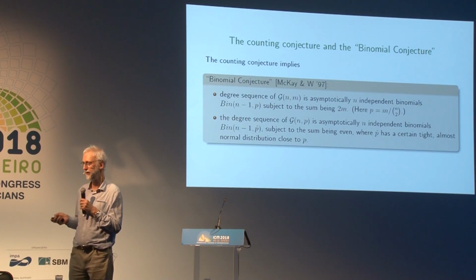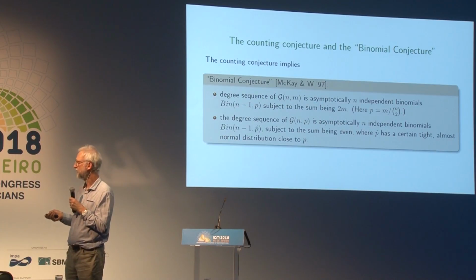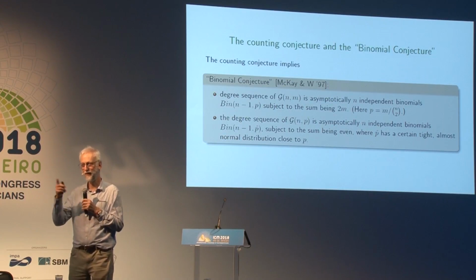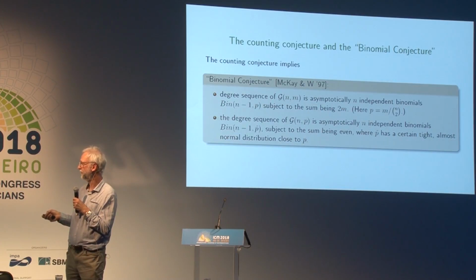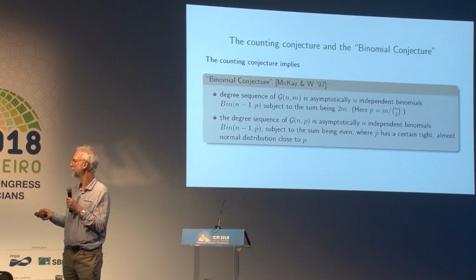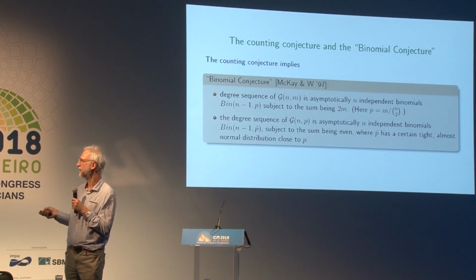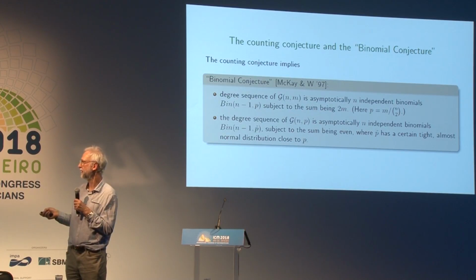Now G(n,p) is the graph where you just add edges independently at random with probability p. And actually G(n,p) is composed of a lot of slices of G(n,m)'s, if you like, with an appropriate probability distribution over the m. So from this one here you can actually deduce this conjecture here, that G(n,p) is a whole lot of independent binomials, bin(n minus 1, p hat). Now each vertex degree in G(n,p) is exactly, the distribution of it is exactly, of course, bin(n minus 1, p). But what we do here is we do a De